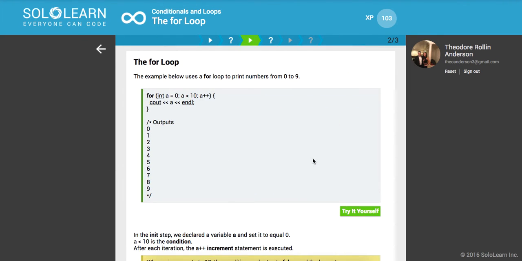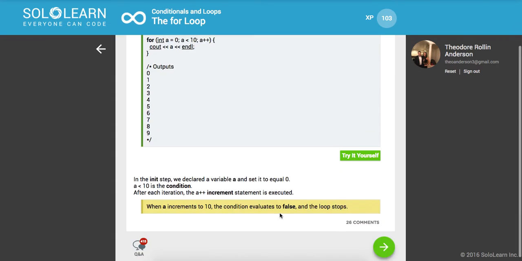Awesome. Next up, the example below uses a for loop to print numbers from 0 to 9. Okay, so here we start at 0. We go until a is less than 10. We increment a by 1 each time. And then we're going to print out to the console a and then another line. So here we get 0, 1, 2, 3, 4, 5, all the way up to 9. And then obviously because 10 makes this for loop evaluate to false, it's not going to enter that block of